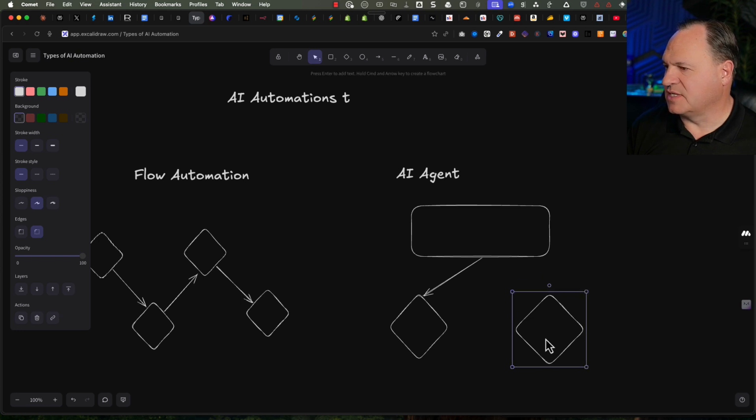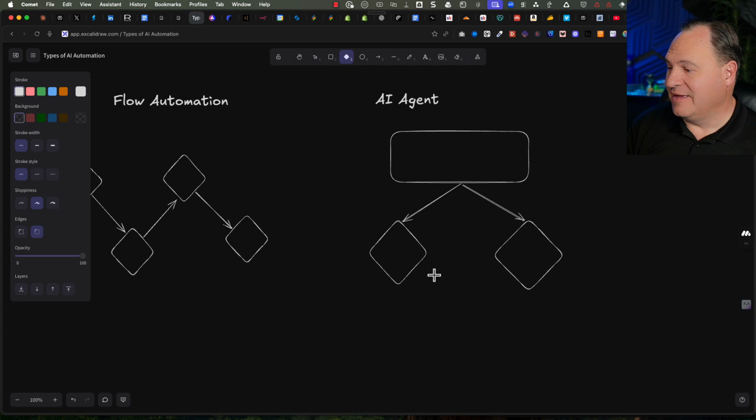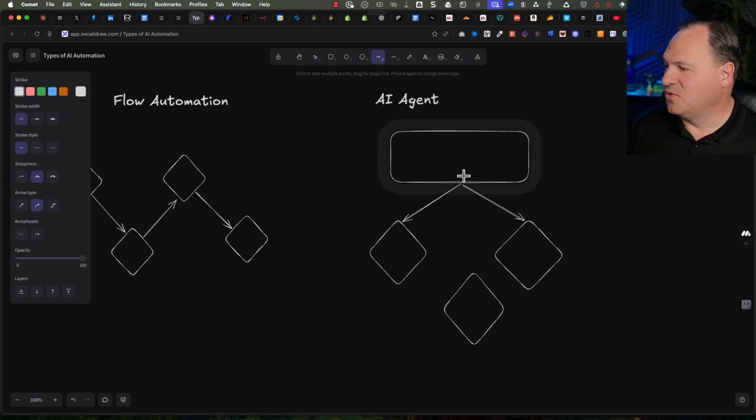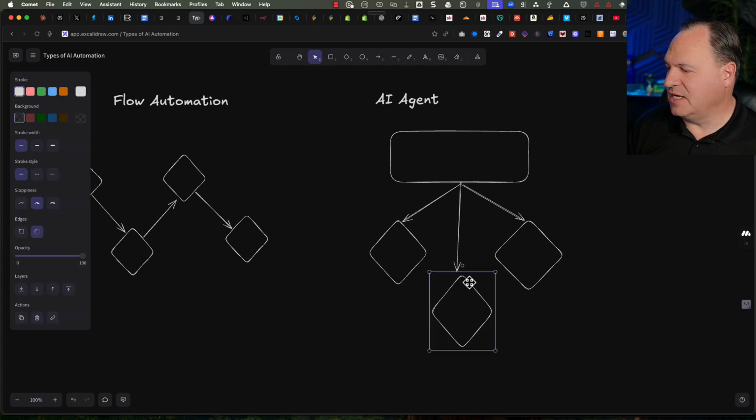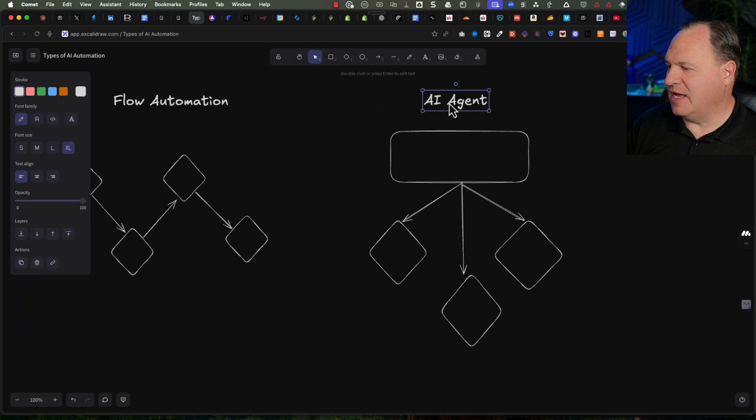So this is a really kind of classic example. And then maybe it's even got another tool. And this tool not only can do a Google search, but it can pull content from Google to actually enrich your content. So this is a typical example of an AI agent. So, unlike a flow, which was linear, an AI agent is you ask a question to a model and then it can call various tools to answer that question and give the response back to the user.